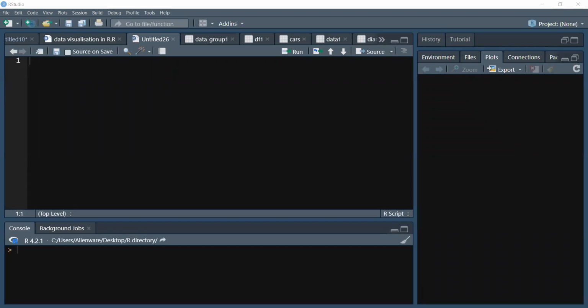Maybe we already have inbuilt data sets, so I'll just be using them randomly so that you can just see how we can pick the data. Am I sharing my screen? Yes. All right, so most of the libraries we are using is